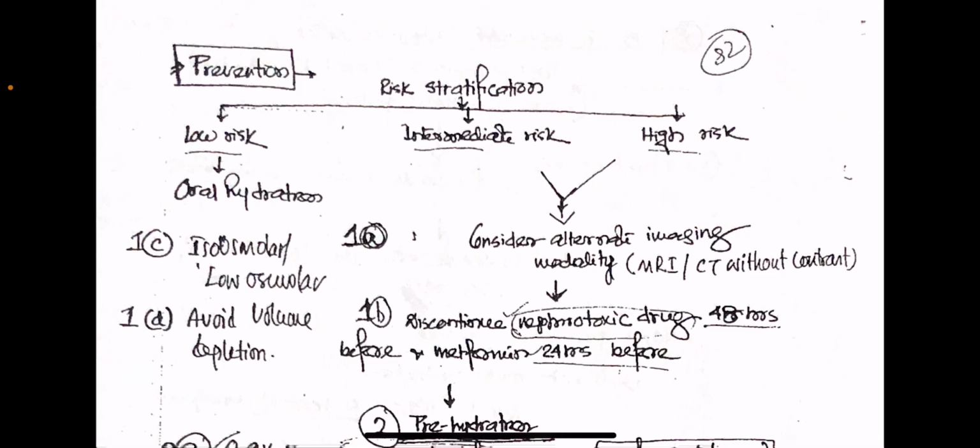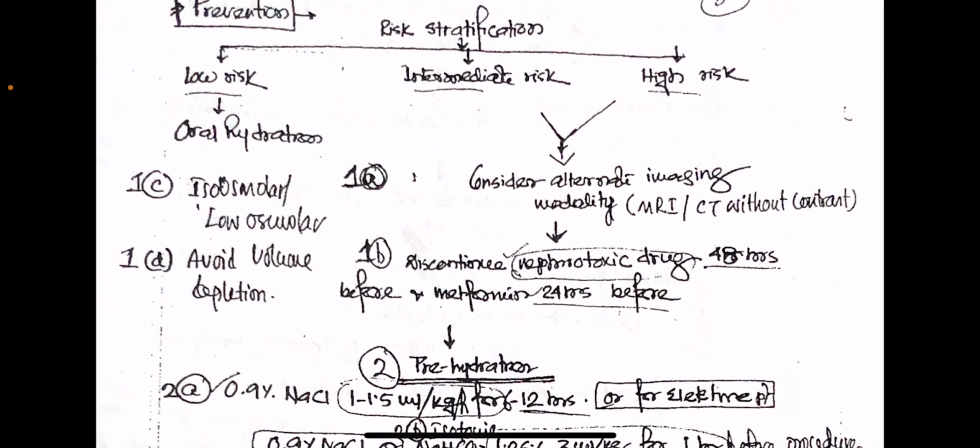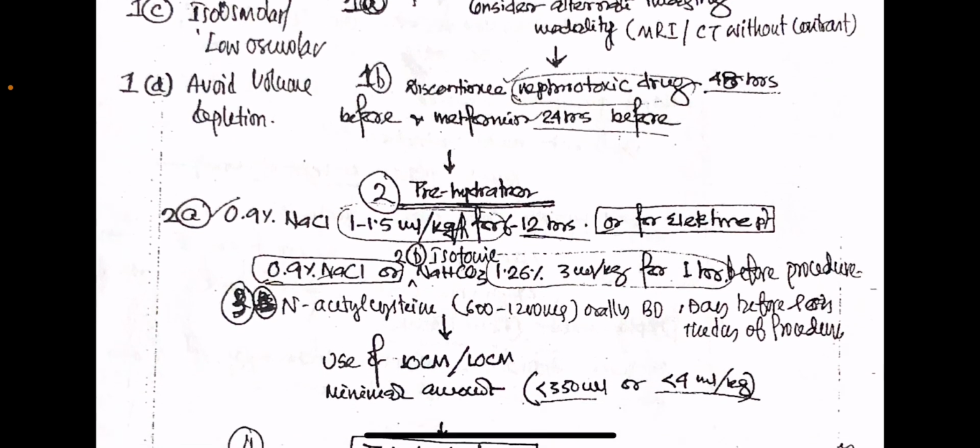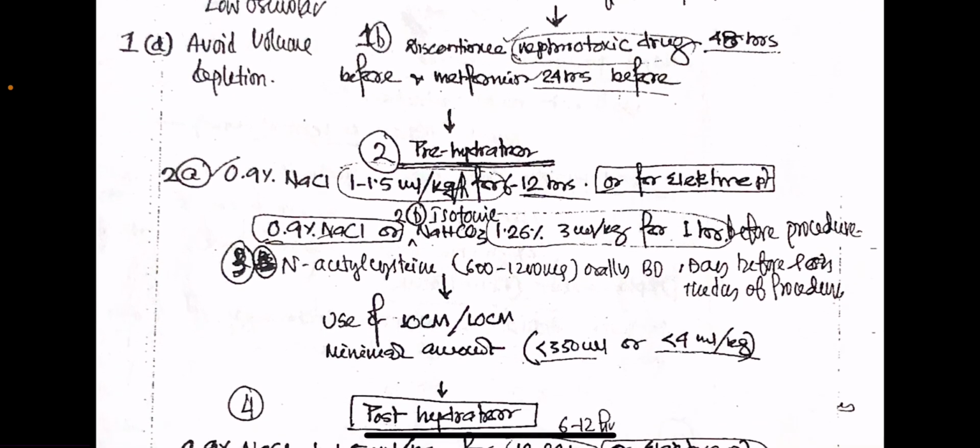alternate imaging modality, that is MRI or CT without contrast. Discontinue nephrotoxic drugs more than 48 hours before, and metformin 24 hours before. Then prehydration with 0.9% sodium chloride 1 to 1.5 ml per kg per hour for 6 to 12 hours,